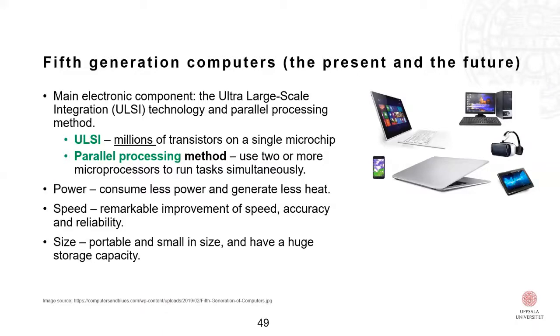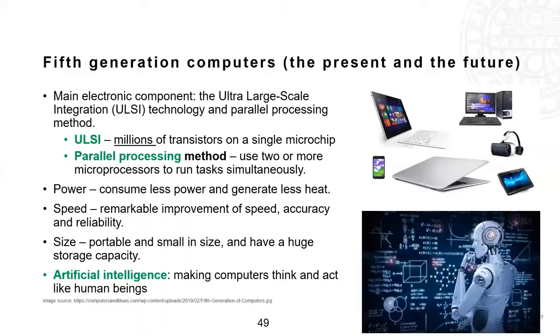So the computers still continue this trend of consuming less power, being faster and getting smaller. And the fifth generation is actually also called the era of artificial intelligence, or AI for short. Artificial intelligence is about making computers that think and act like human beings. This is a very interesting topic, and we have actually a whole lecture about it. But to very shortly introduce that,